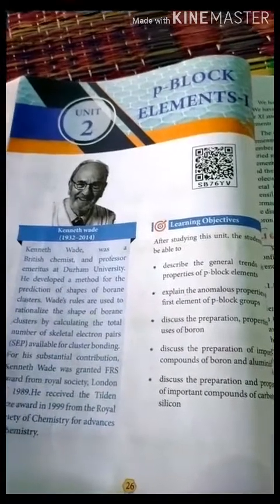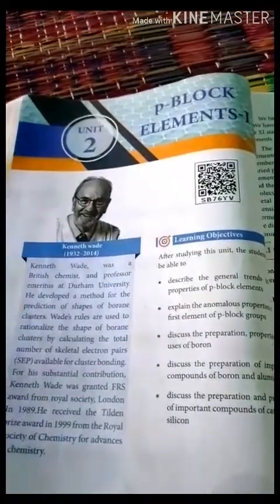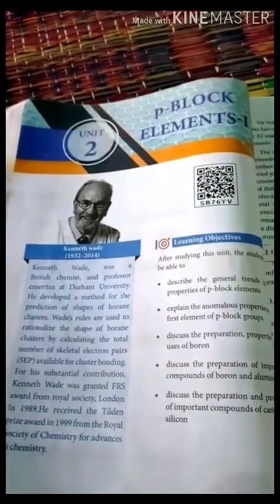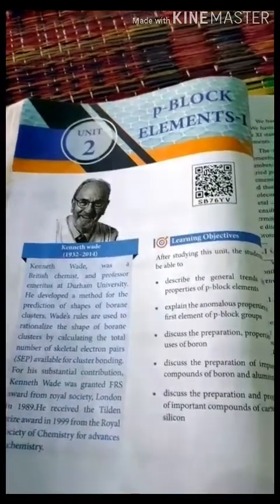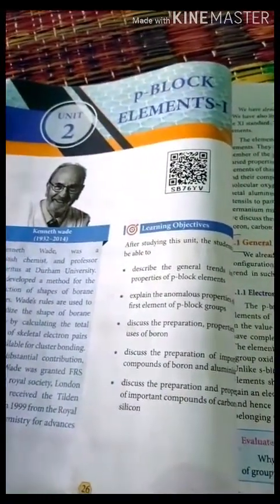So don't waste your time. Keep on reading, writing and practicing. Whatever chapters have been covered during this time, try to finish them by this time itself. Once the next academic year starts in June, we can directly go for the test series. So whenever you find time, try to finish it, not only chemistry, but also physics, biology, maths and other languages.